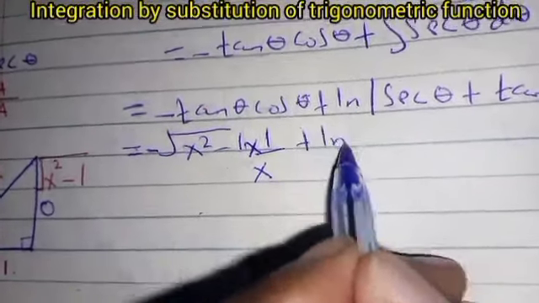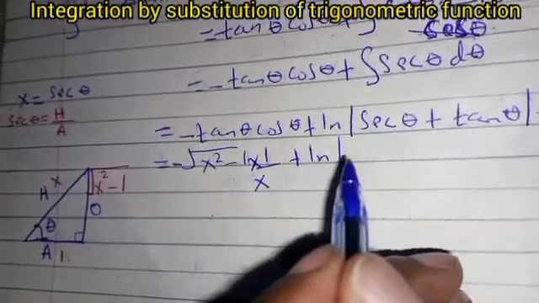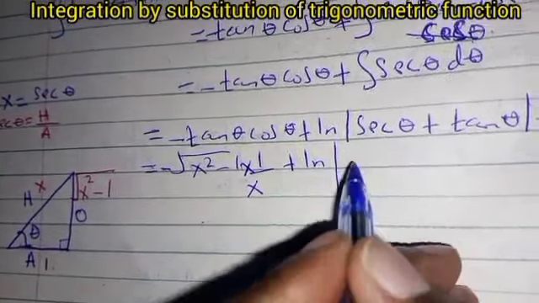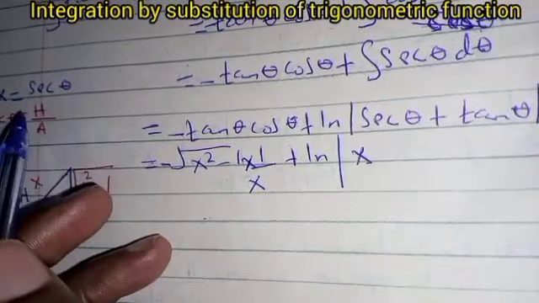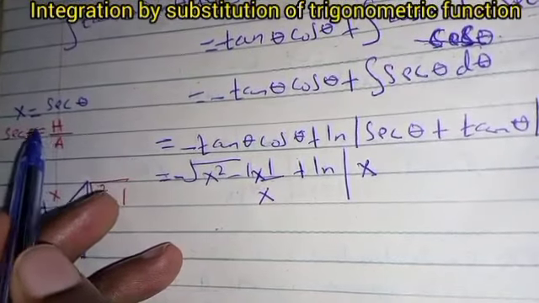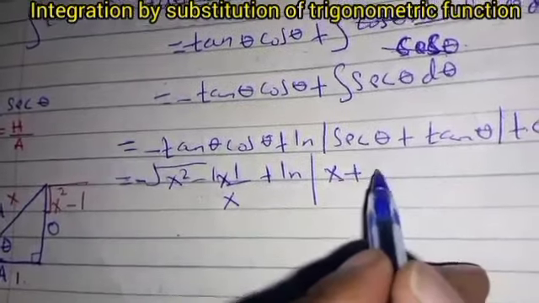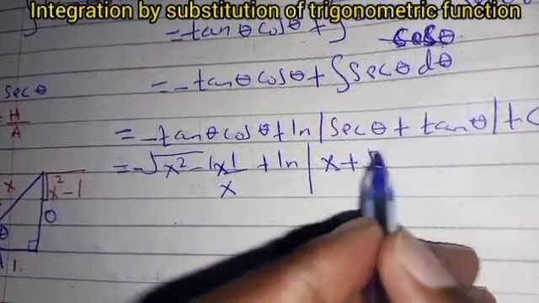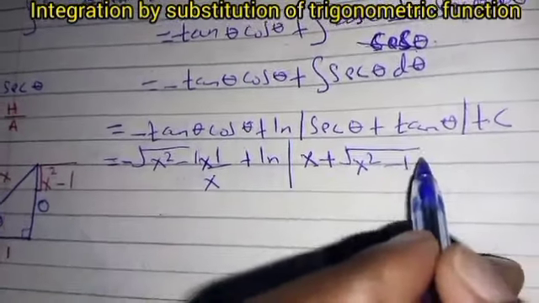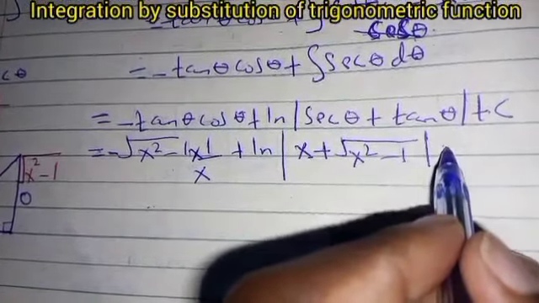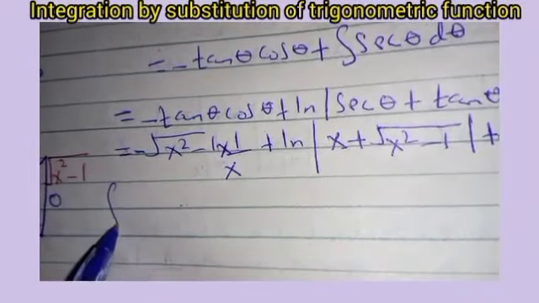Plus natural logarithm of sec theta, which in terms of x is the same as x, plus tan theta, which is square root of x squared minus 1 modulus, plus c, meaning that our integral of